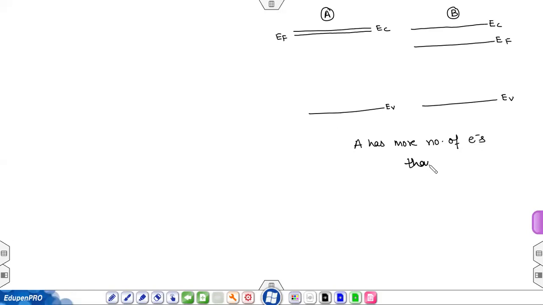Okay, so both these concepts are clear to you now. This is just a representation, the Fermi level. The distance between EC and EV tells you how many electrons or holes the semiconductor can have. There is also a formula for this, but that is not part of your syllabus.